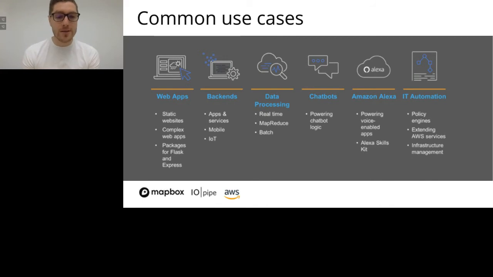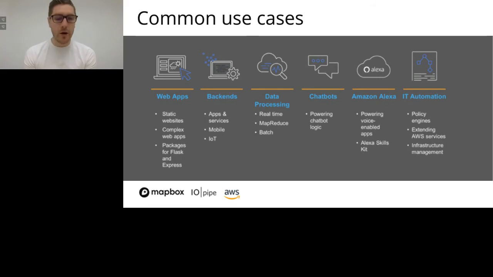We're really seeing companies now starting to leverage that for their data processing, because that scalability is really powerful. You have data coming in, or it's IoT devices, or you're having stuff come out of, for example, Mapbox. You're able to scale up to process that as quickly as possible and deal with that mapping and reduce components. With Lambda, I've seen customers looking at doing it in batching and so on. And there's a lot of different interesting use cases there.